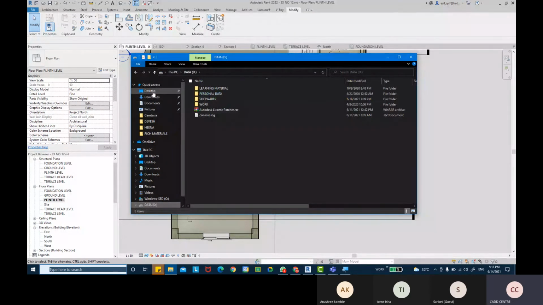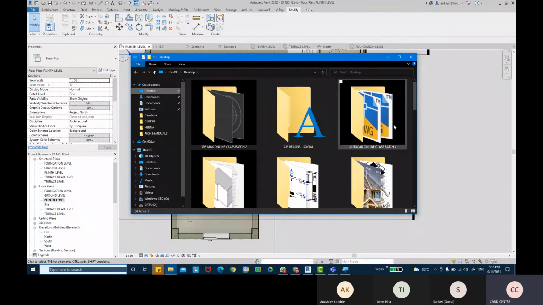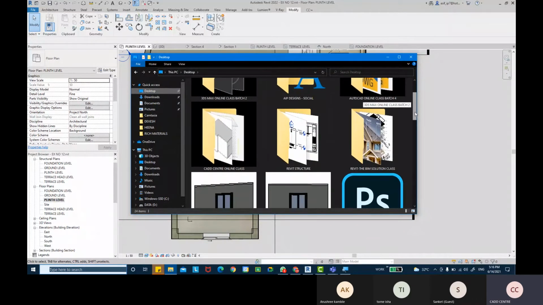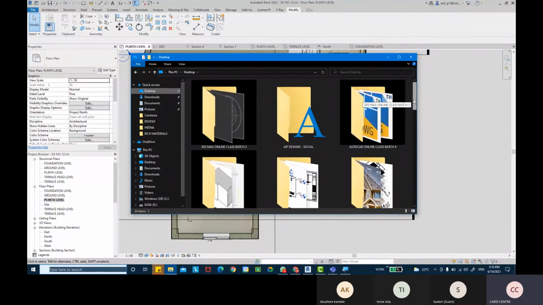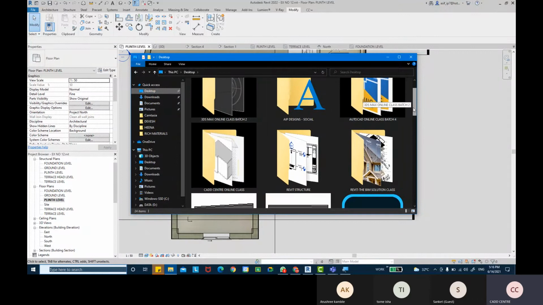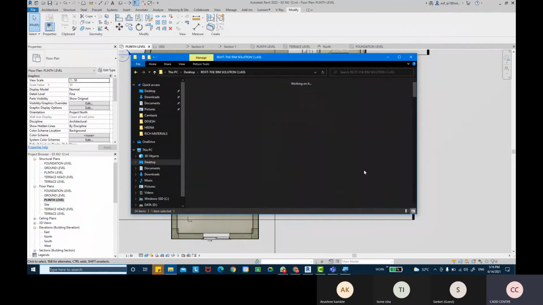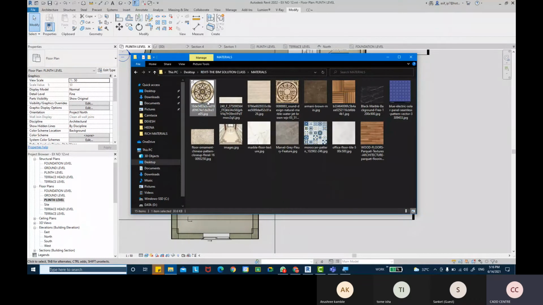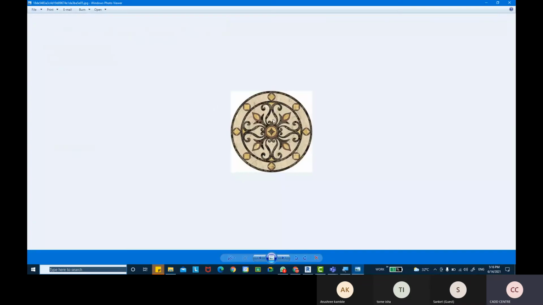If I show you, just a minute, over here on the desktop only, I saved it yesterday. There we have it. You can see I already have these inlay textures ready with me.